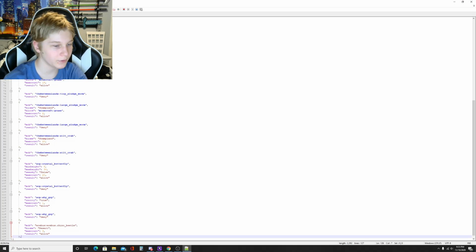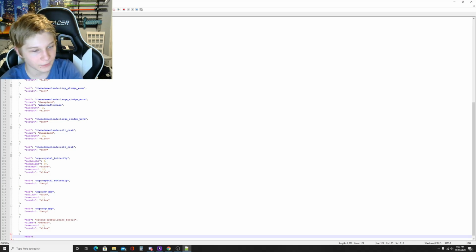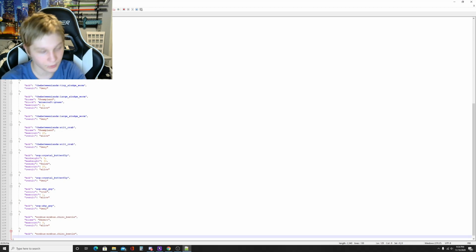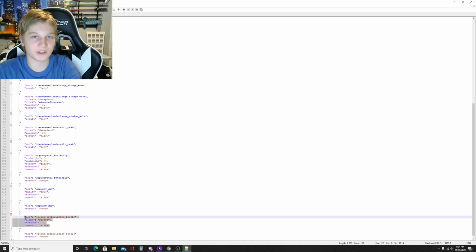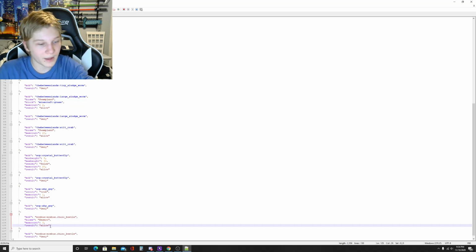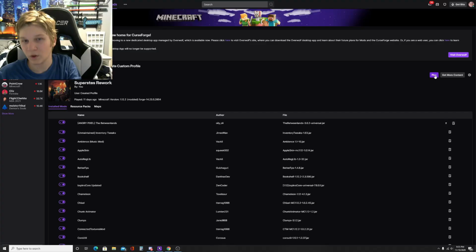Then we do a curly bracket with a comma, another curly bracket. We're going to do this again, another section for this mob. Except the only thing you put here besides mob is result, and make sure that it says deny. What this will do is make it so that if it has an opportunity to spawn in these conditions, then it will, but in any other condition, it won't. Now make sure that we put another one of these here, and then save all. Okay, so now we will